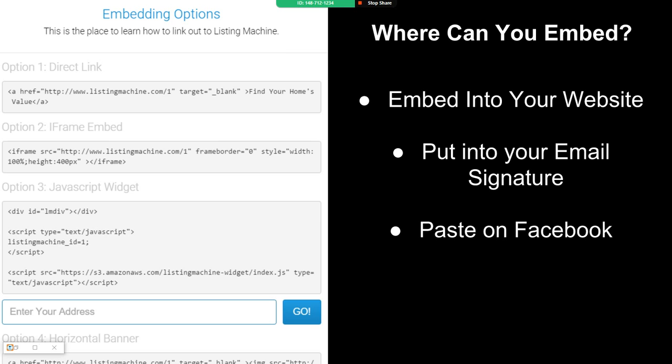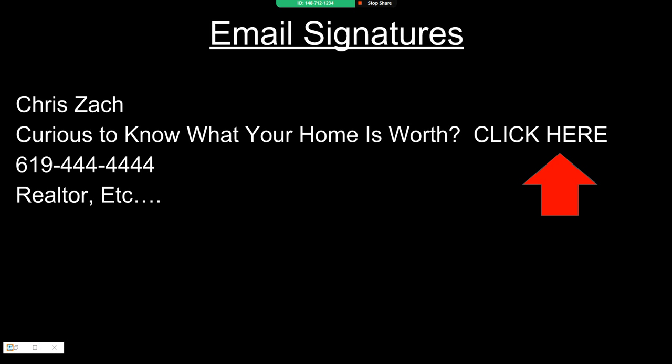You can put it into your email signature. You can paste it on Facebook. So we'll talk about those as well. Some really, really basic ways that you can embed it is putting it into your email signature. Right now, how many emails do you send out on a daily basis? And so if you think about that,